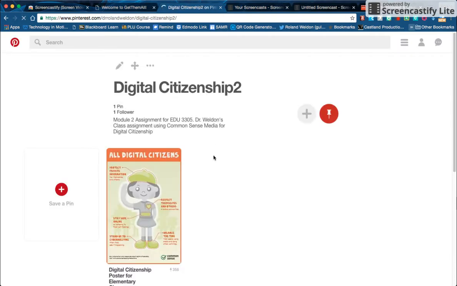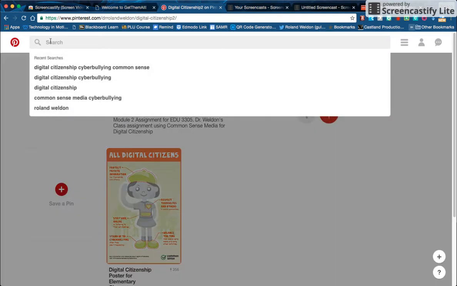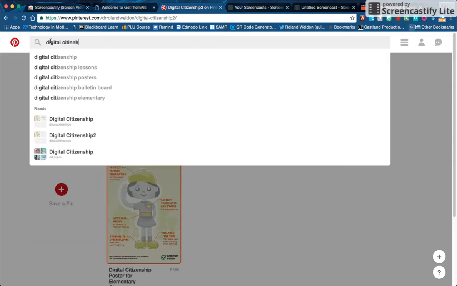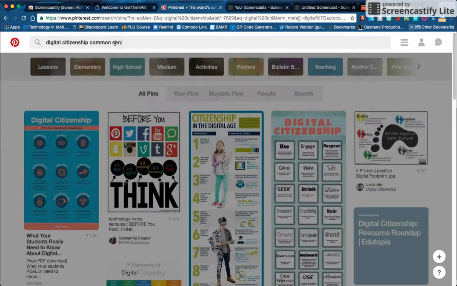So remember that if you ever don't see something on your Pinterest board that you know you pinned, just hit refresh and you'll see it again. So I need 5 pins already existing from Common Sense Media, right? So now I can, since I've got something in here, now I get this action button to make or save a pin. I can save a pin here, or I can go back to my search and do another one for digital citizenship. And let's say that I want that, and then I'm going to put in Common Sense Media. That's who I want